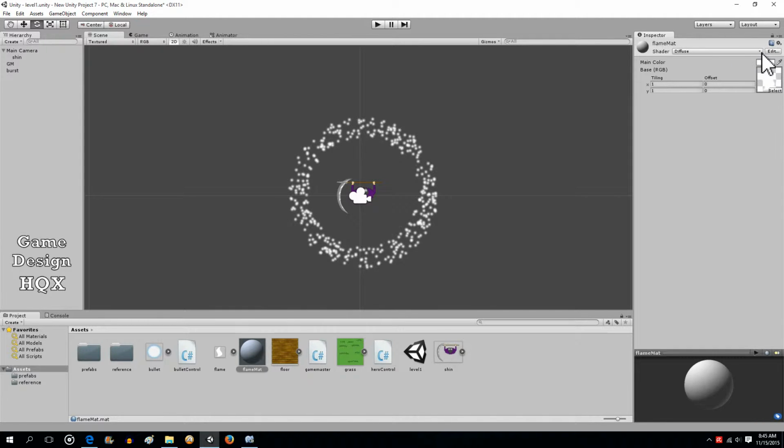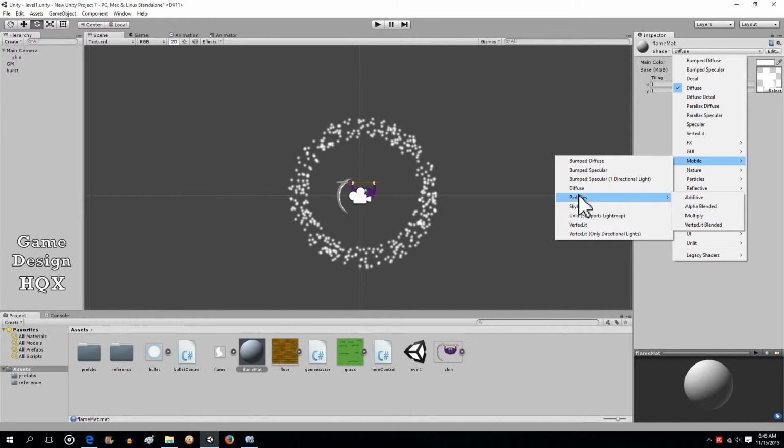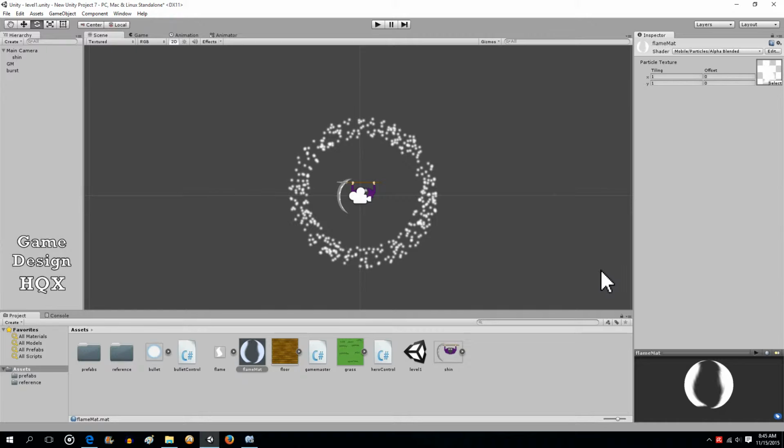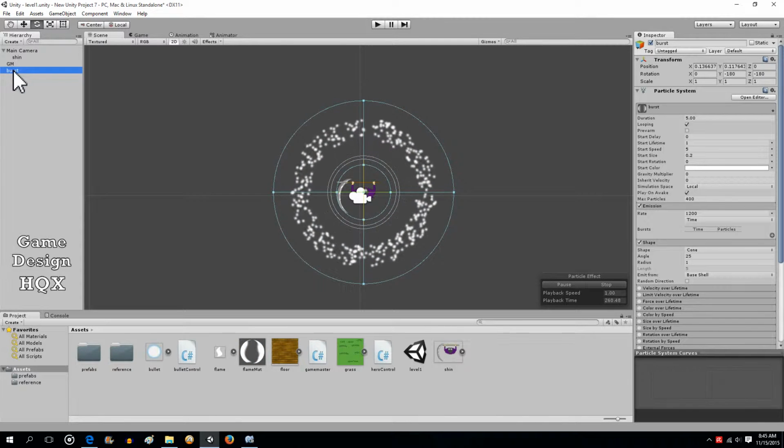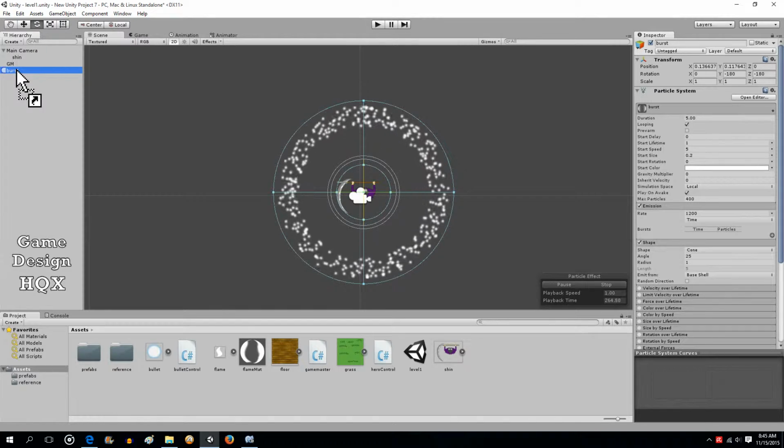We need to change the shader, and here's an example where, like I said, one little change gives you entirely different effects. There's no way we can review all these. So for ours, we're just going to use mobile particles, and alpha blended gave us a nice effect, and you'll see in just a minute. Okay, so this is where everything comes together. You click on your particle system, you click on your flame mat, you apply it to your particle system